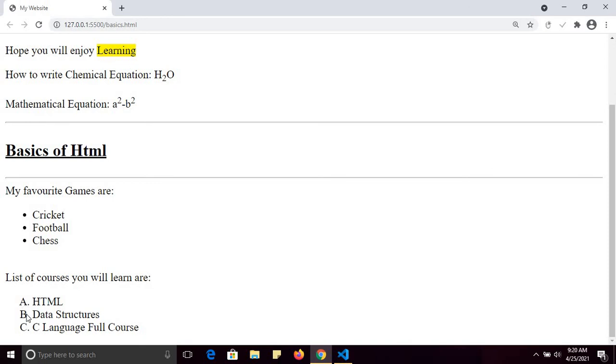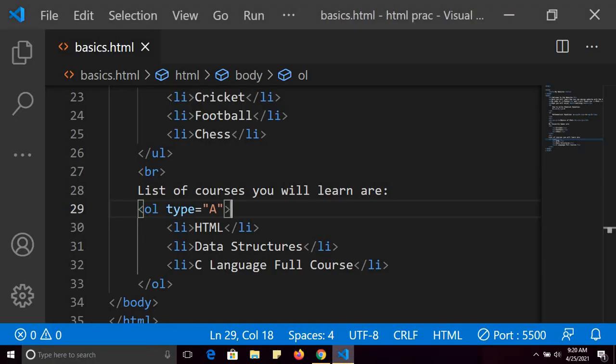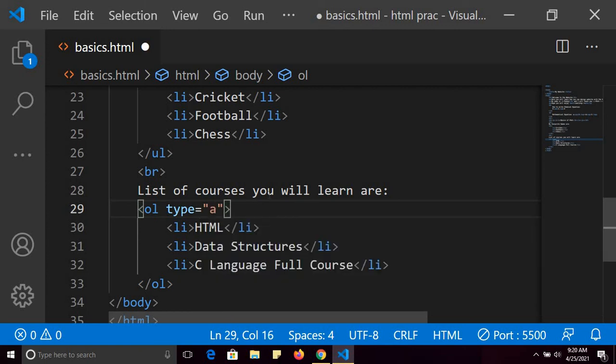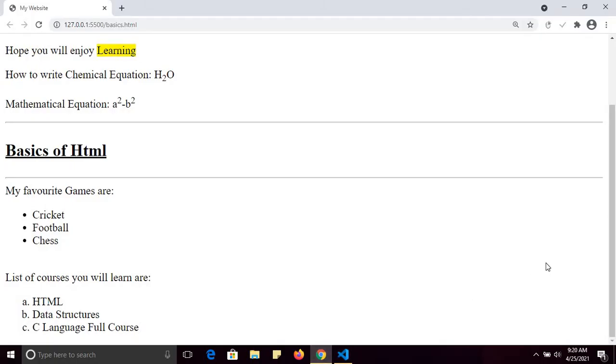It is in ABC, and by default it is in 1 2 3, and here I have changed the type to A. Fine. See the other types. You can use this one, and if you want to use small abc, then save, and let me show you the output. So see, list of courses you will learn, abc.